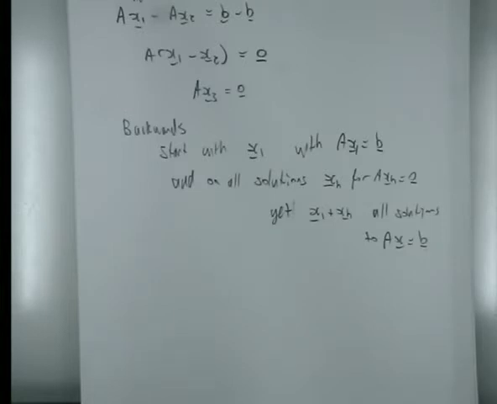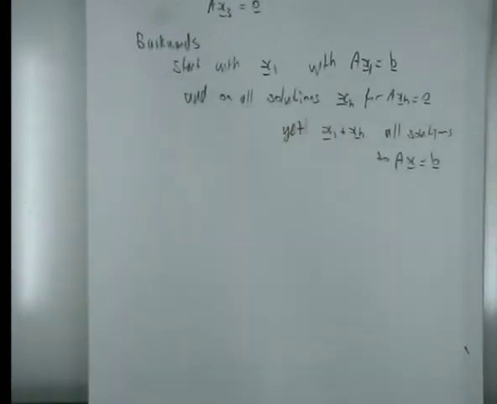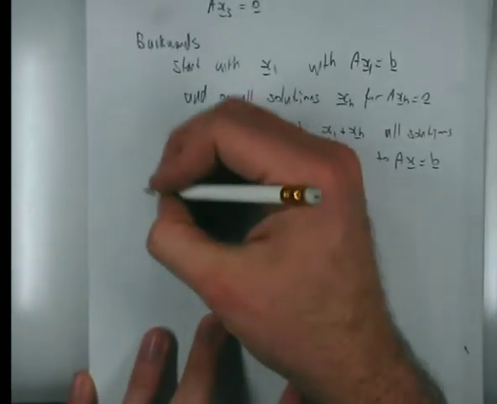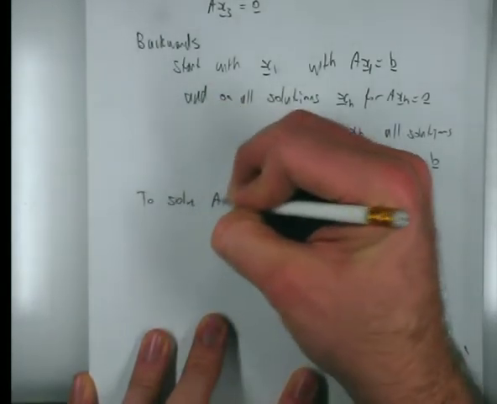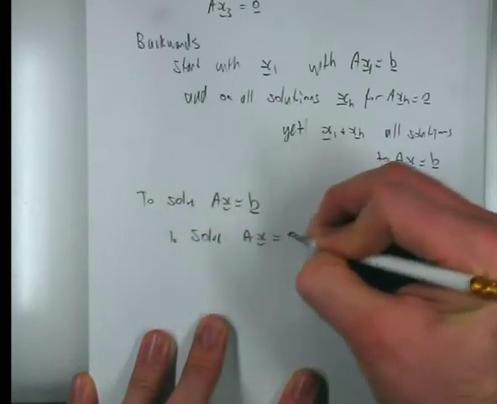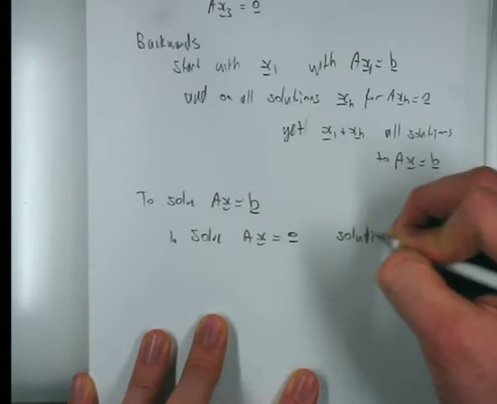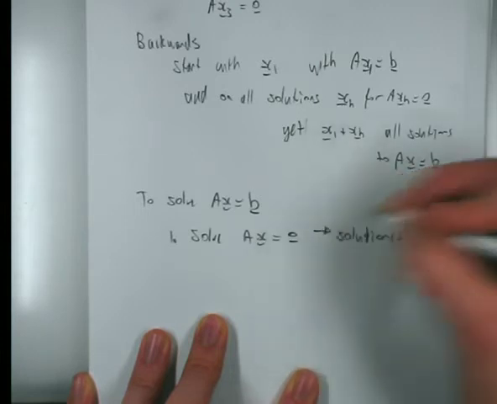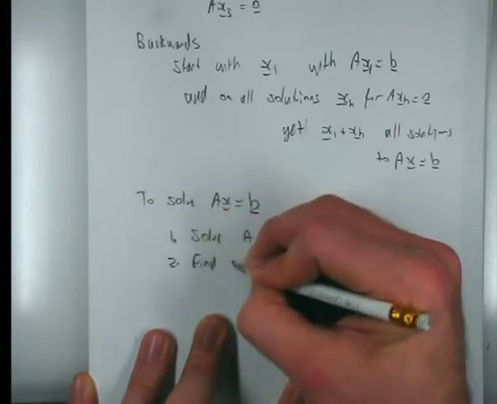So what this means is, all I need to do is find all the solutions for when it's 0, and then that's great. I need a starting point for the one where it's not 0, and I just tack them all on and it gives me all the rest of the solutions. So you just need this starting point, okay? And that's called the general solution. So to solve Ax equals b, I could first solve Ax equals 0, and you'll get some solutions. Find a starting point,